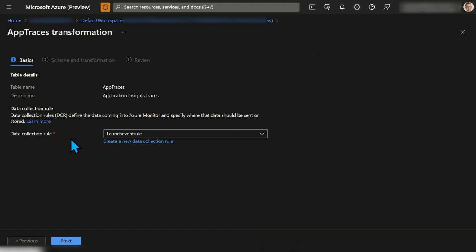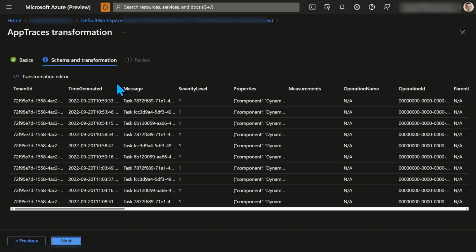And now I say next. And here there's something hidden a bit, especially if you're in dark mode. This guy up here is actually a button, Transformation Editor. If I click this,